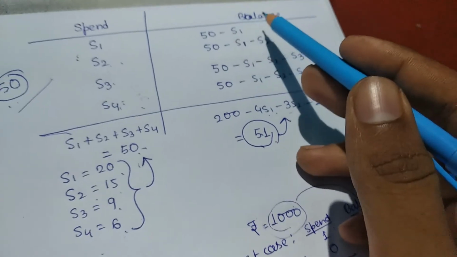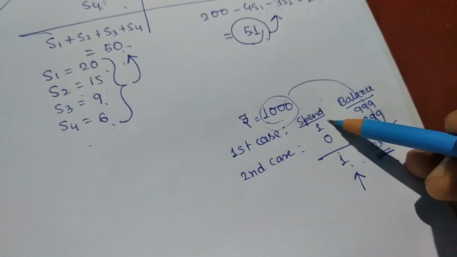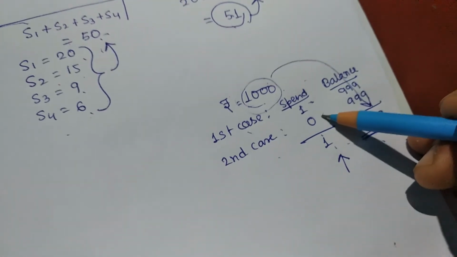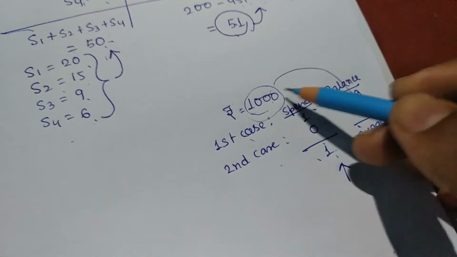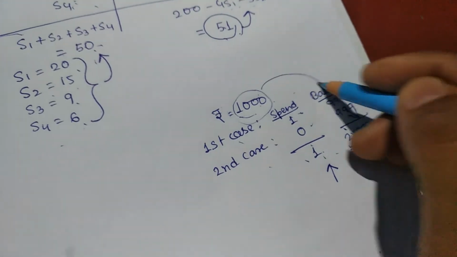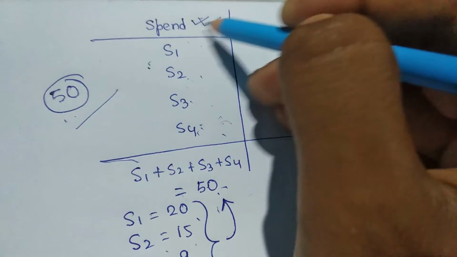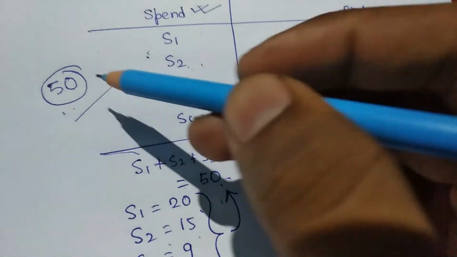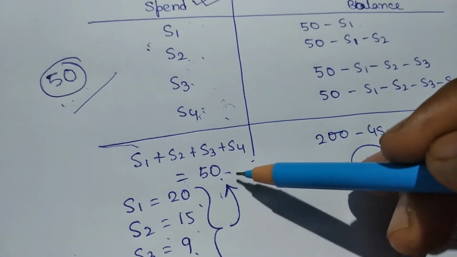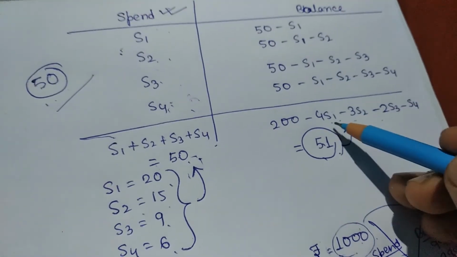But the balance sheet has nothing to do with it, just like in this problem. From the 1000, in the first case I spent only 1, and in the second case I spent 0. That doesn't mean that the 1000 gets decreased to 1 or the balance gets increased to 2 into 999. That's totally wrong. We have a misconception here. We have only the spent chart, and how much we spent is here, and in this case, from the 50 the amount we have spent is 50. So therefore after this we have 0.